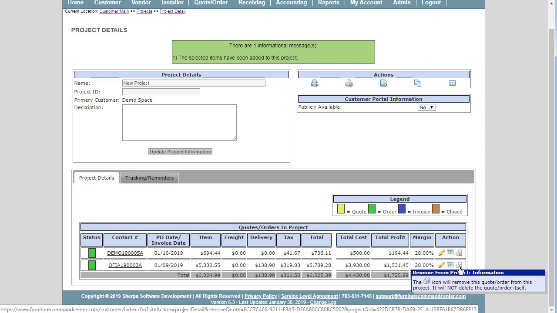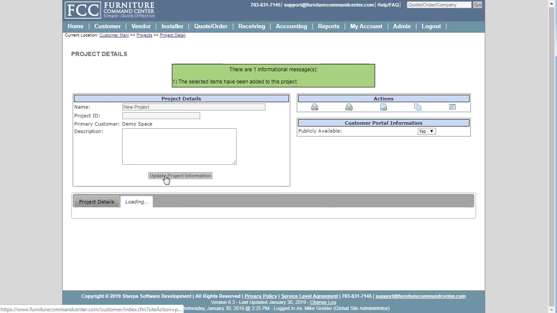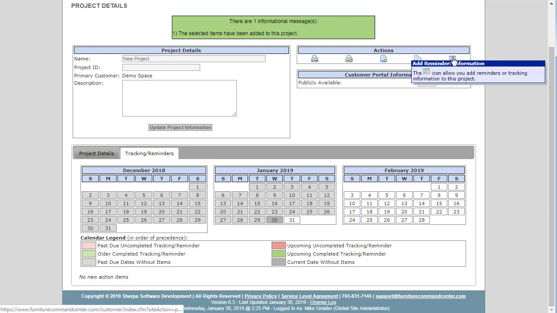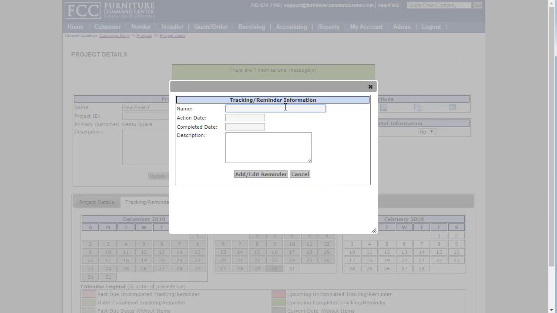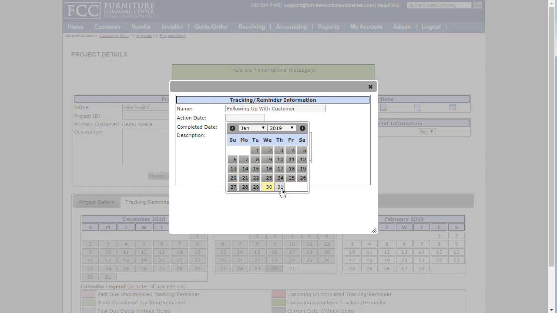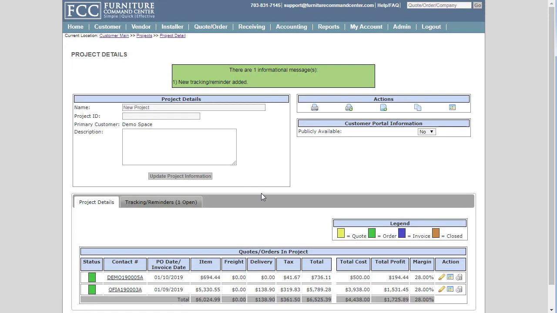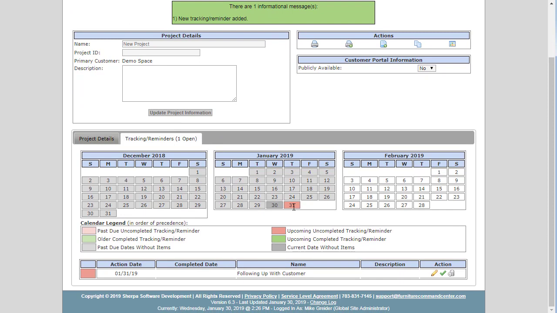Now at any time I can go under the Tracking/Reminders tab and add reminders for myself. We can see right now that it looks very similar to the home page calendar that you have, but I don't have any reminders. So let's go add one. I'm going to click on this icon right here. I'll say I want to follow up with customer. I'll set an action date of tomorrow. And then I could put in a completed date if I wanted to, or a description, but this is plenty for now. I'm going to add the reminder,